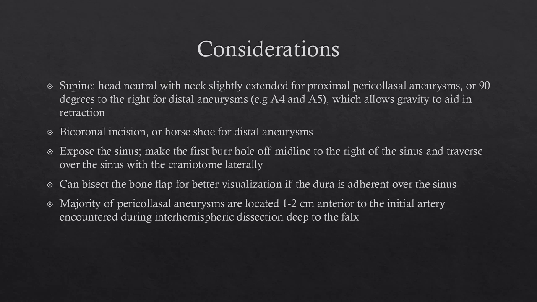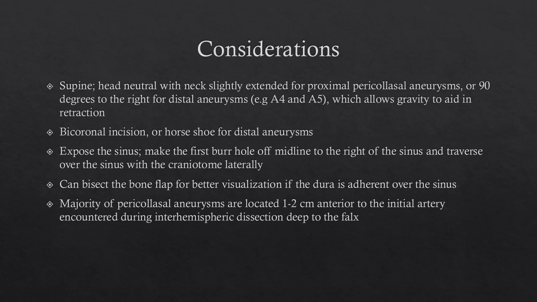Patient head positioning differs slightly depending on the location of the pericallosal artery aneurysm. For both proximal and distal pericallosal artery aneurysms, the patient is placed supine, but the head is often in a neutral position with the neck slightly extended for proximal pericallosal artery aneurysms, whereas the head is typically turned 90 degrees to the right for aneurysms of the distal pericallosal artery to allow gravity to aid in retraction of the right